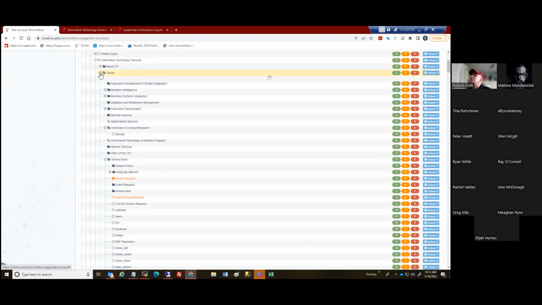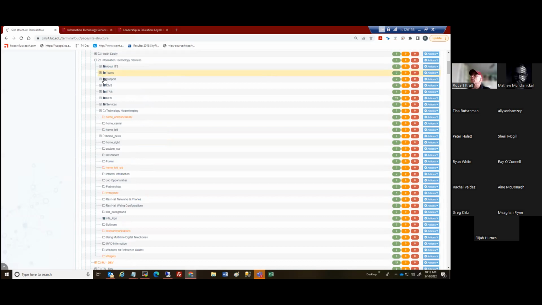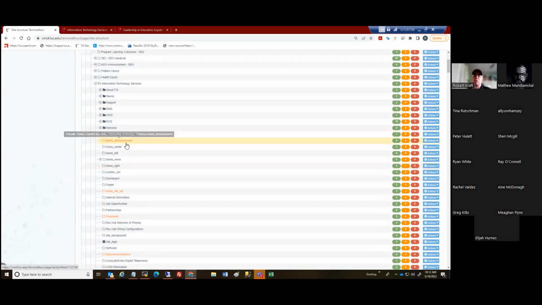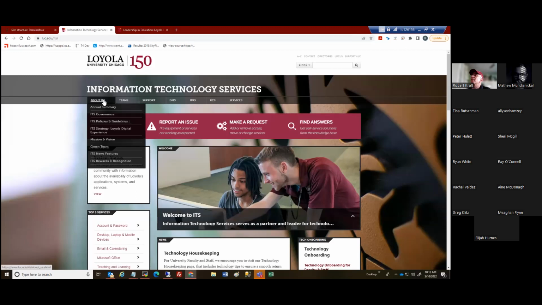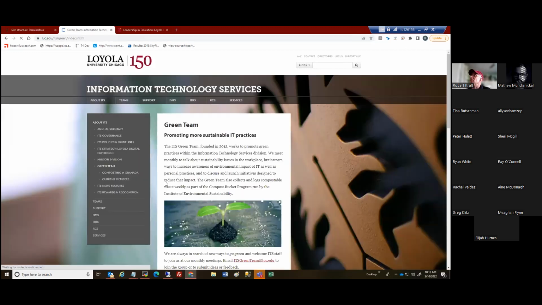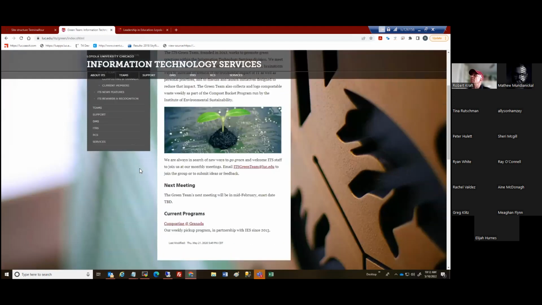So now it's just taking a look at Teams. So you can kind of click around and drill down within your department site. And again, anything that is orange means it's pending. So let's say that I wanted to edit an existing page. So let's say under About ITS and say under Green Team, I wanted to edit the ITS Green Team page,